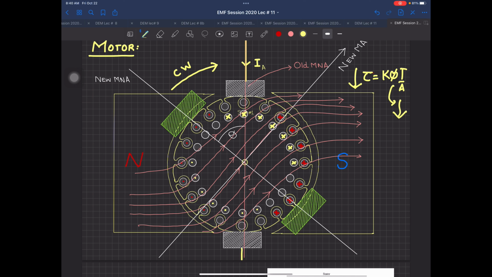And that output parameter here is the torque, because the motor develops what? It develops speed and torque. So here the torque is actually going to be decreased over there.